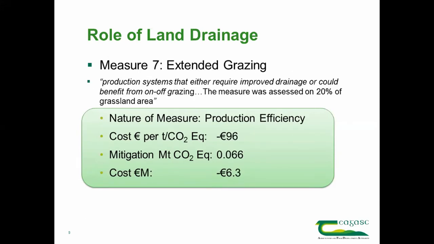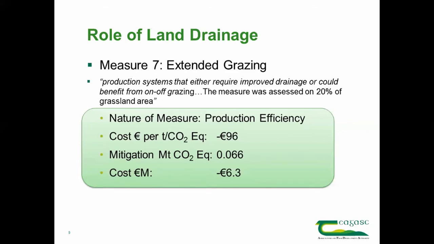The extended grazing then, as I said, this kind of falls into the remit of drainage when you start to read the fine print, I suppose. Measure 7, production systems that either require improved drainage or could benefit from on-off grazing. So again, the idea is here, if these soils were drained, there would then be the potential to utilize these soils in, I suppose, the shoulders of the year or longer throughout the year when the weather turned a bit adverse. If they were drained and not waterlogged,